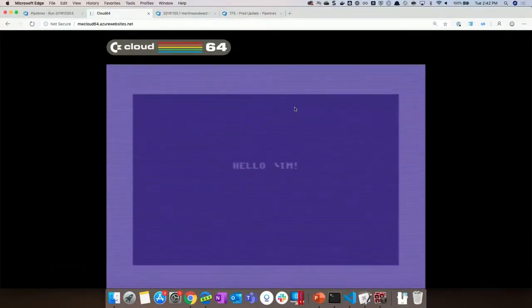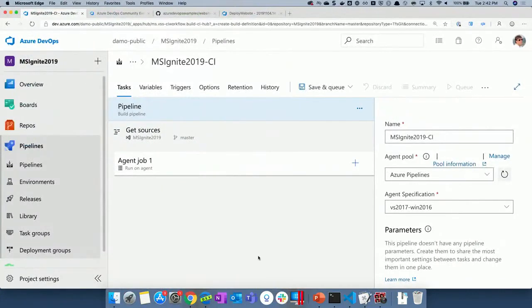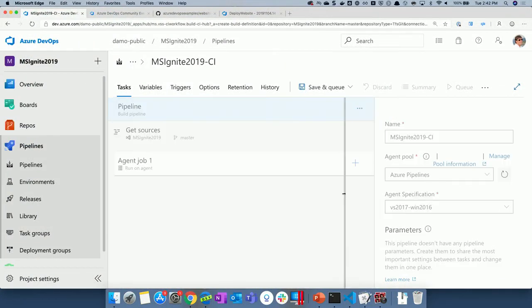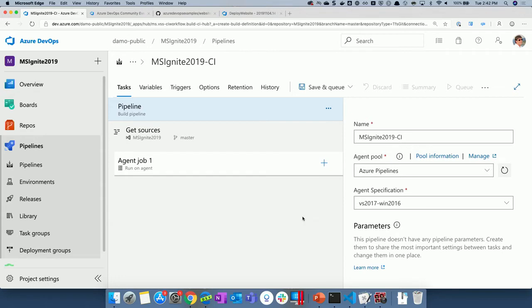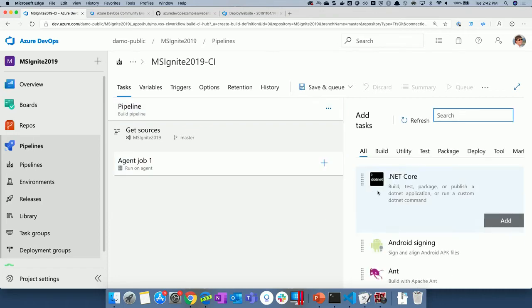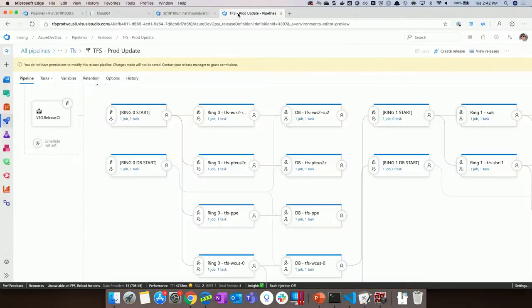Yay! All right, cool. So as Martin was suggesting, you may be familiar with the older release way, and we'll look at that in a sec, but we mentioned any cloud, any platform, all that kind of stuff as well. Actually, I'm going to come back to this, sorry. The older release way of doing things is this kind of UI where we have the pipelines and so on, and we're building out the existing YAML one, or the new YAML one, to be feature complete.